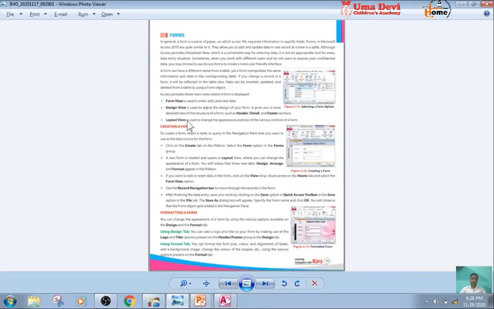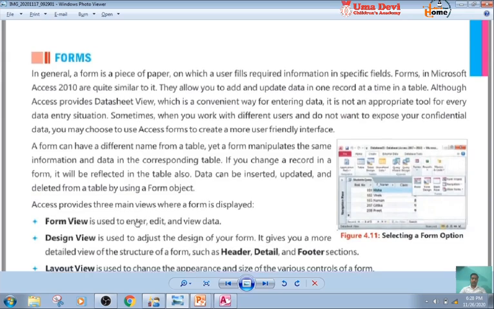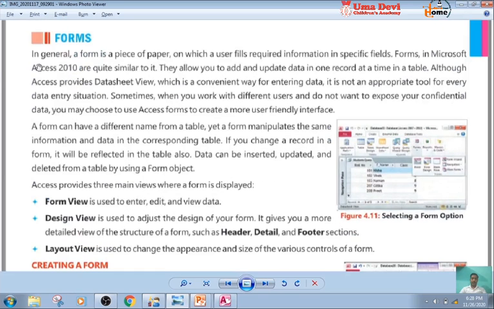Next one is forms. In general, a form is a piece of paper on which a user fills required information in specific fields. Forms in Microsoft Access 2010 are quite similar to it. They allow you to add and update data in one record at a time in a table. Although Access provides datasheet view, which is